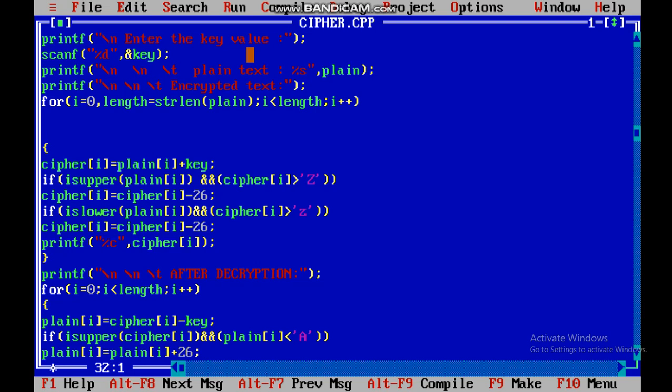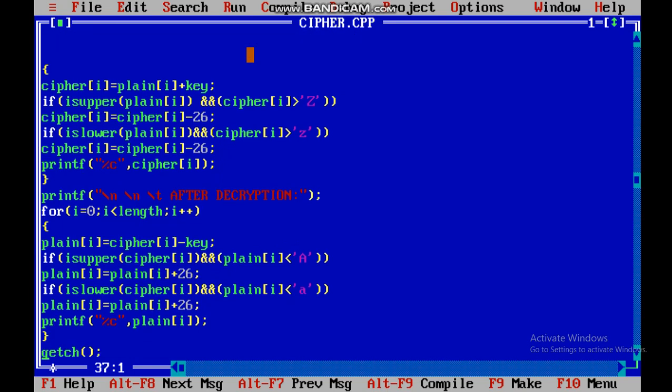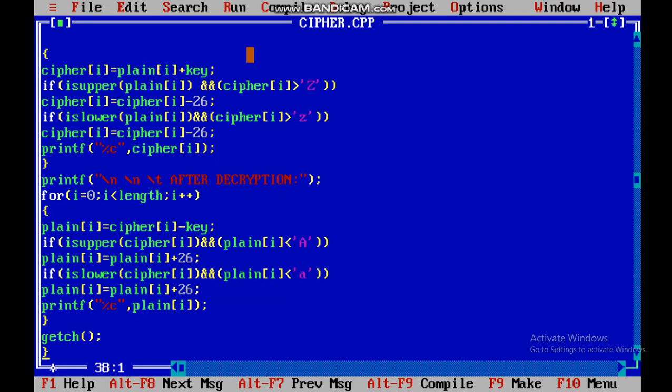Means if our cipher text is D, then we subtract the key, D minus 3 equals A. Then we can find our original message. Again we use isupper for capital and islower for small, and printf prints the plain text, the original message.